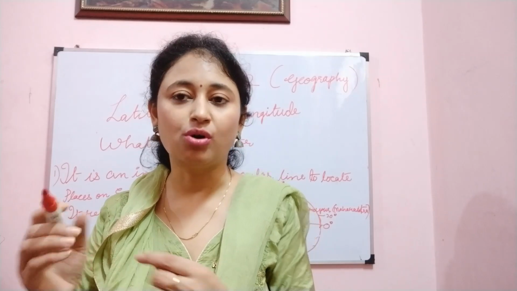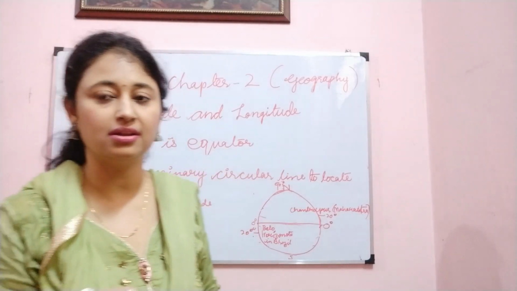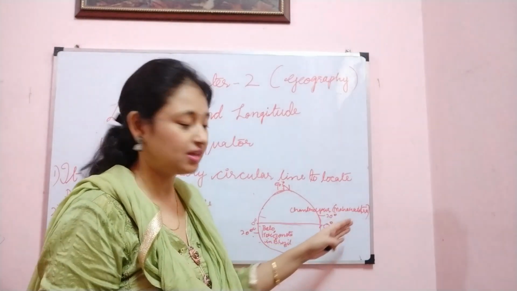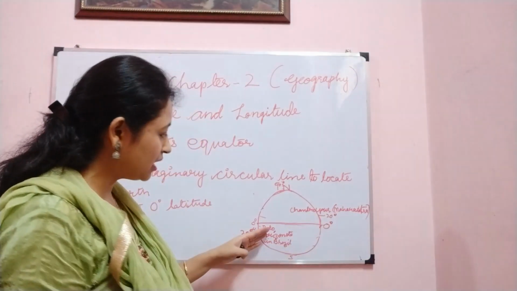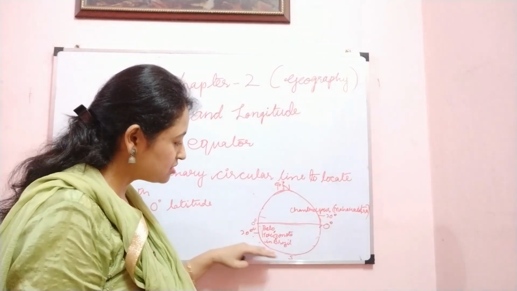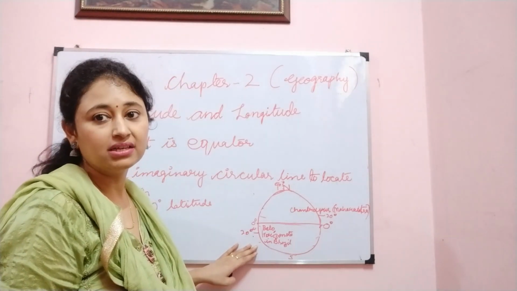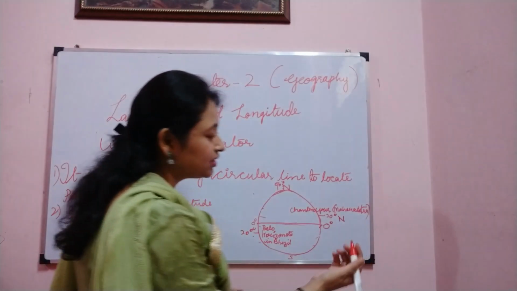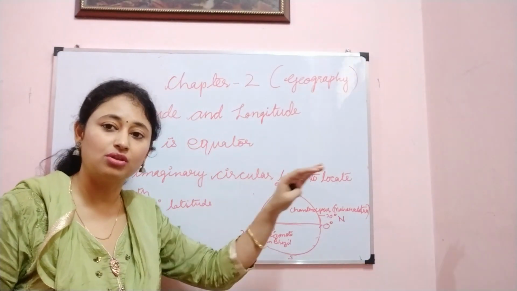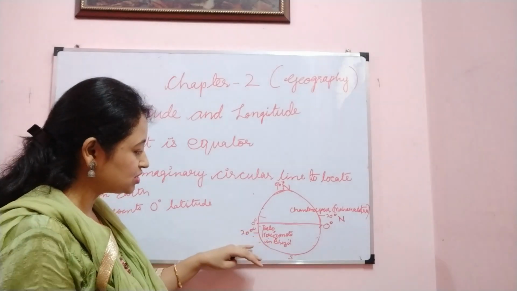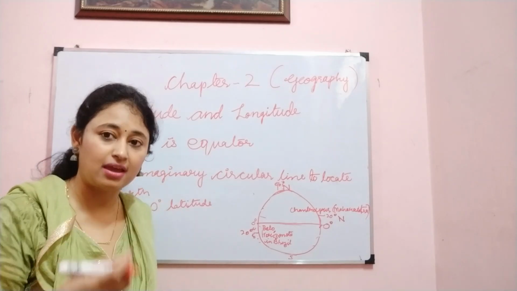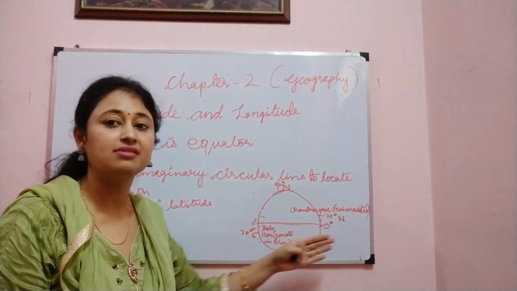If we don't mention north and south, that will create confusion. For example, I'll give you an example given in the book. Chandrapur, Maharashtra, is located at 20 degrees, and there is Belo Horizonte in Brazil. It is again located at 20 degrees. But if I don't mention 20 degrees north here, it will create confusion, because India comes in the northern hemisphere and Brazil is in the southern hemisphere. So it's very important to denote the letters N and S, because that distinguishes where exactly they are located.